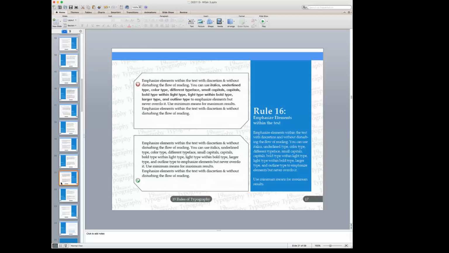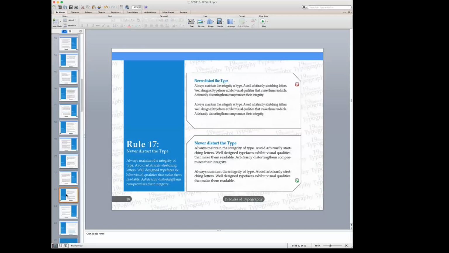So use minimum means for maximum results, meaning you don't have to do a whole lot, but it is important to make that distinction. All right, and then I think that was it on this one.